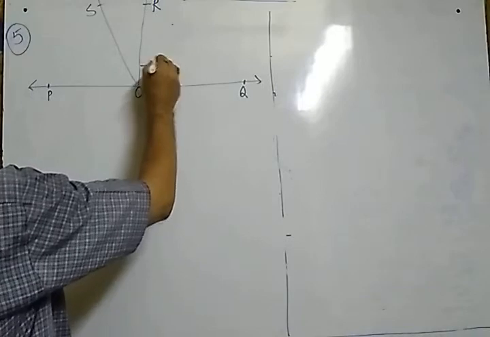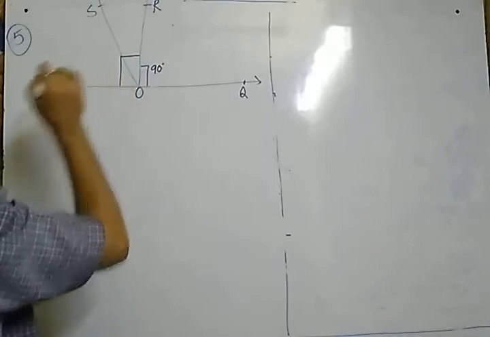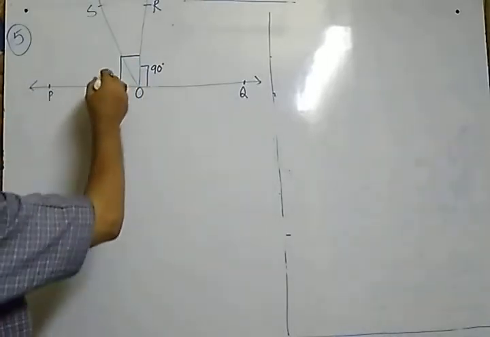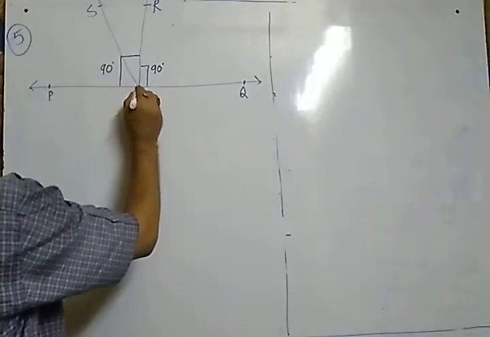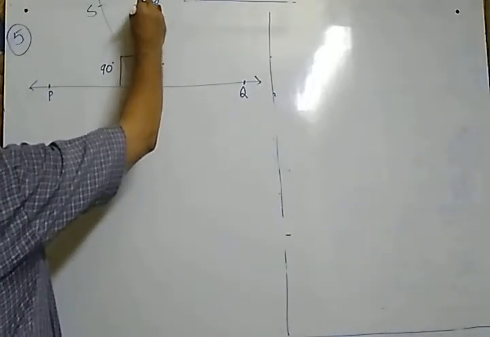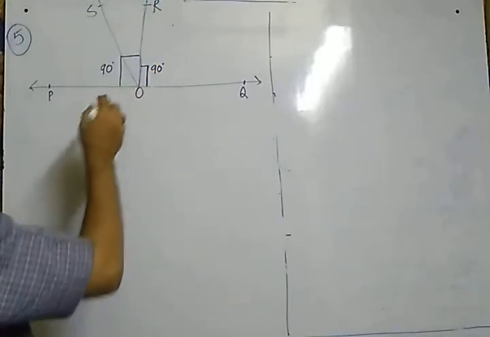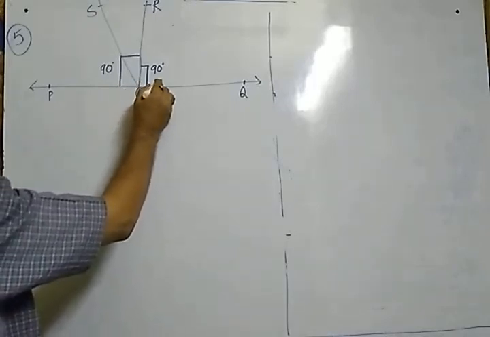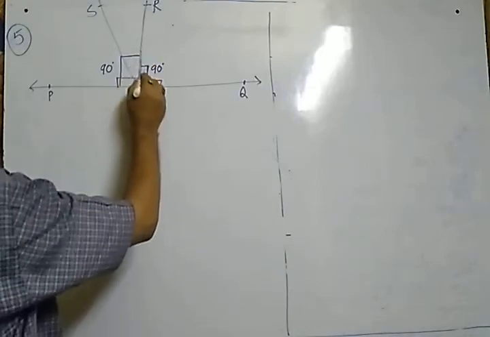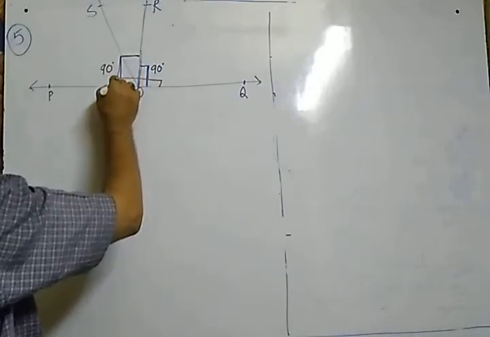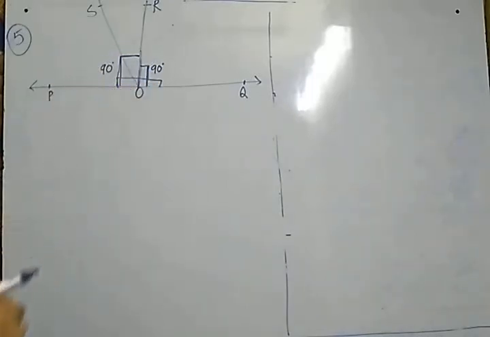If this one is total 90 degree, so what will be this angle? So this will also be 90 degree. You mark here. This one is perpendicular. If this total angle is 90 degree, and from here to there the total is 180 degree, and this half portion is 90 degree, so what will be this part? So this will be 180 degree minus 90, and that will also be equal to 90 degree.